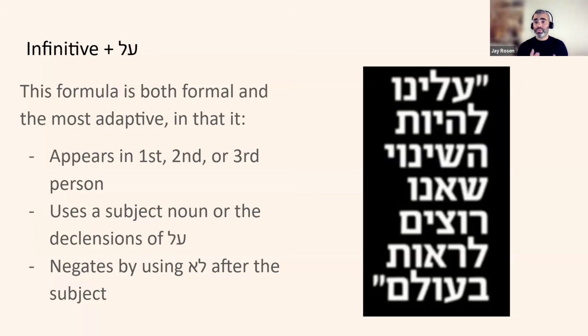We do use exclamation points, but as you see here, some of these examples don't come with it, but it's understood in how you're saying it. It is a directive, it is a command, it is the imperative to tell someone to do something or not do something. Okay, and then finally,